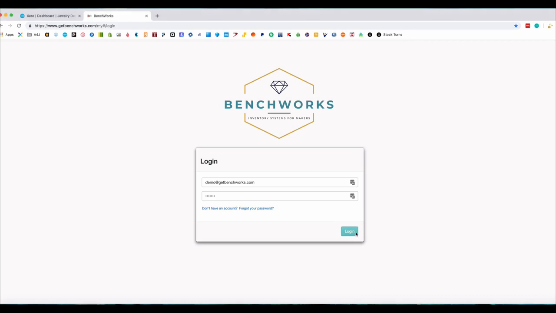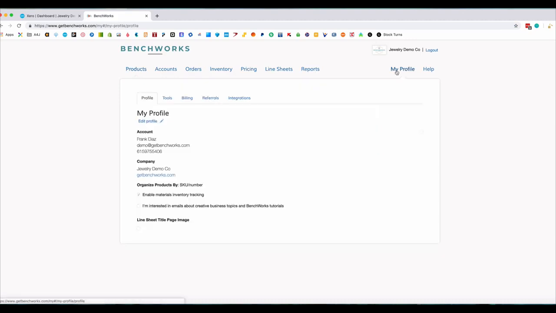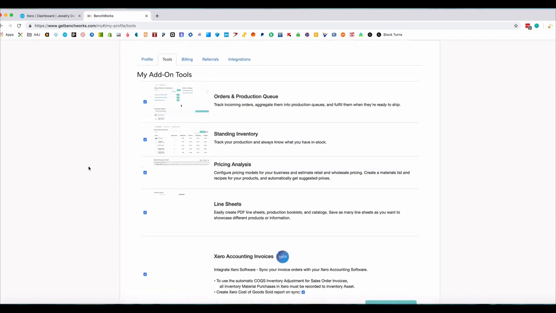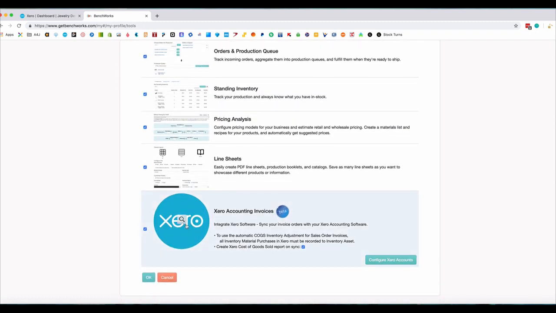So when you log in, you'll go to My Profile and then click on Tools. And at the bottom, you will see Xero accounting invoices. I already have this one checked, but you'll check this. And then the second option, where there's also a checkbox, is to create the cost of goods sold adjustment, but